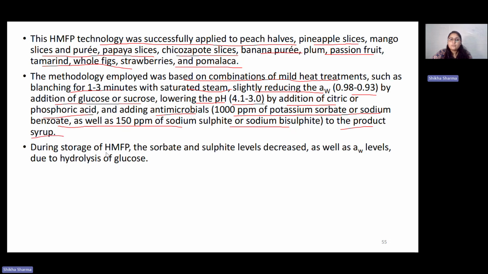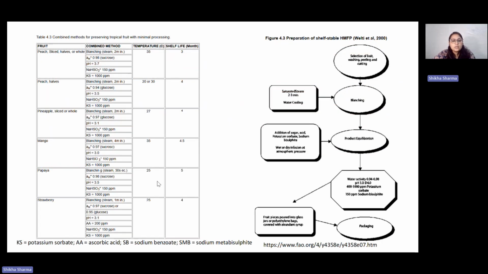During the storage of high moisture food products, the sorbate and sulfite levels decrease, as well as the water activity levels, due to the hydrolysis of the glucose. So we can see here these different food products, and we can use these different combined methods for minimal processing and preservation, along with the storage temperature and the shelf life. So in the peach sliced halves or whole,